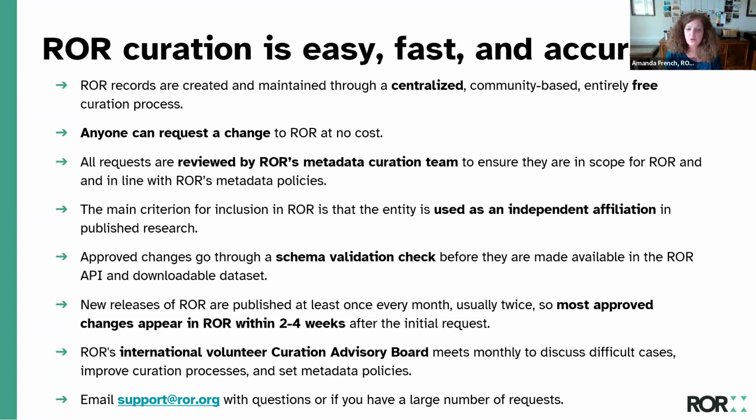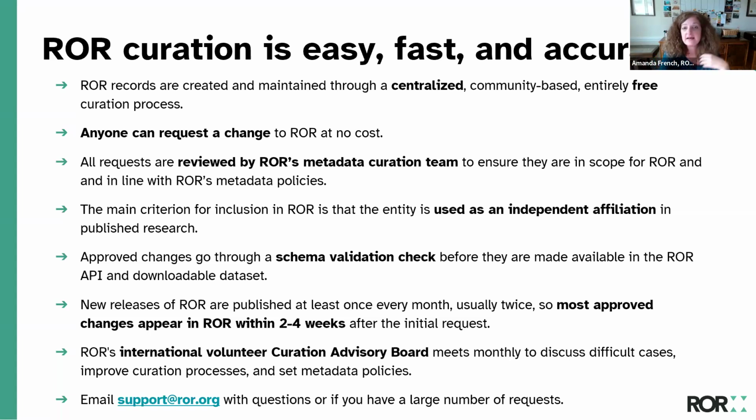And then note too that we have quite precise and nuanced criteria for whether an entity, including a sub-organization like GLIAR, is in scope for ROR. Those are too long to go into here because there are lots of edge cases and lots of little flowchart type things. But the quick and dirty way to determine whether something is in scope for ROR is whether it is used as an independent affiliation in existing published research, like GLIAR. Kyle said a lot of the researchers at GLIAR will say, hey, what's your affiliation? GLIAR. They forget the University of Windsor.